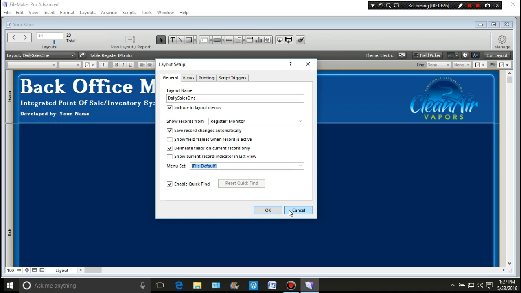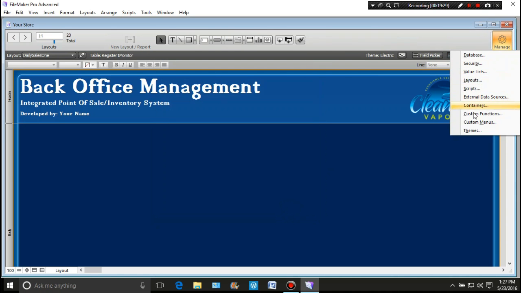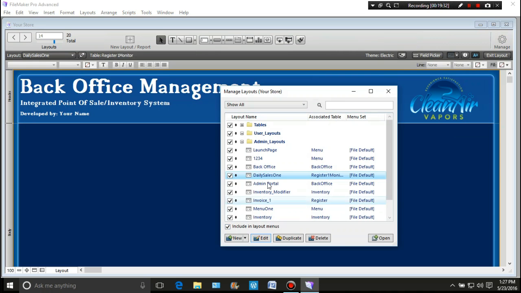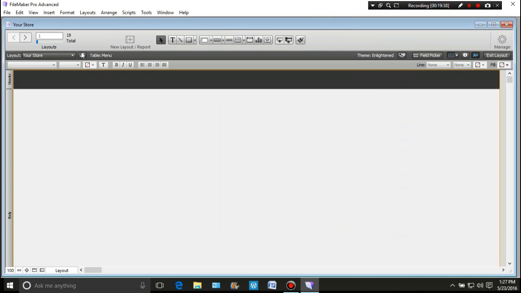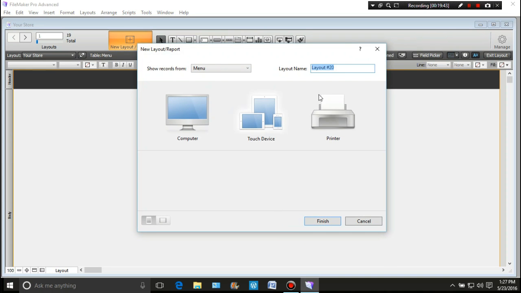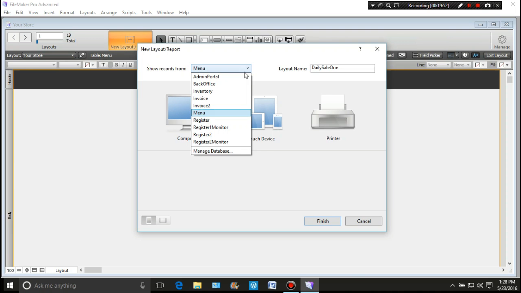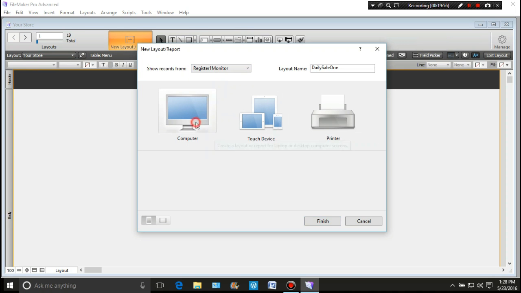Well, let's go to layouts, let's go to daily sales 1, and we're just going to delete that. And let's create a new layout. I'm just going to call it daily sales 1, and we're going to look for register 1 monitor. We're just going to select the computer in a list view,